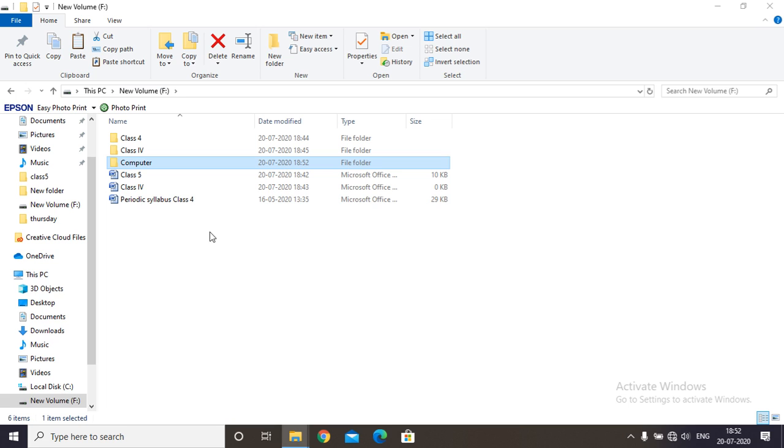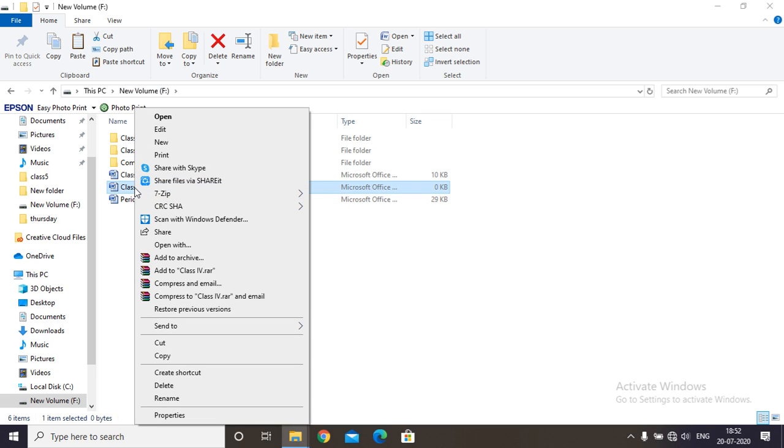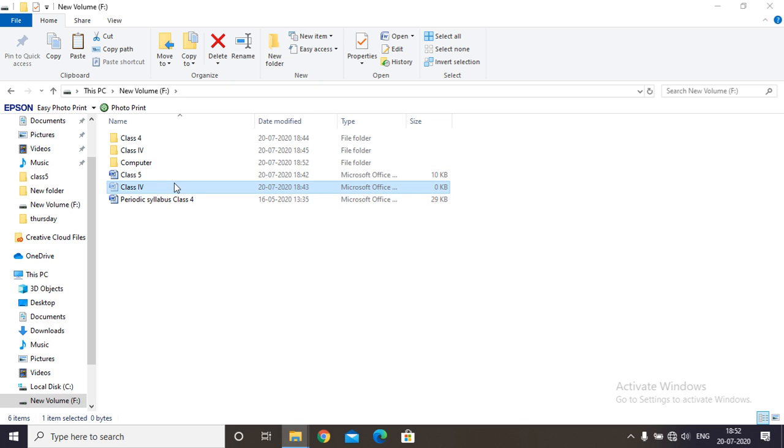The second method is you can right click on a file and select the cut or copy option in the context menu. So here either you can cut or you can copy. I'm going to cut it and place it in my folder.